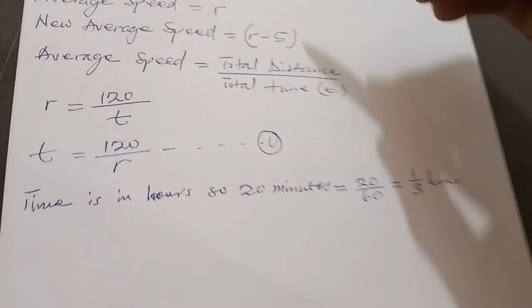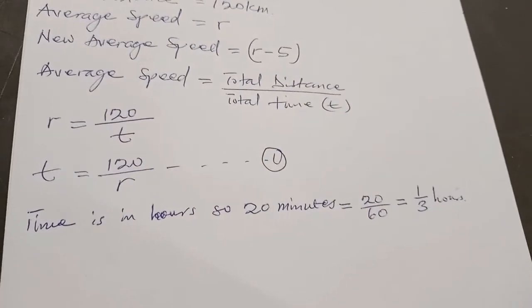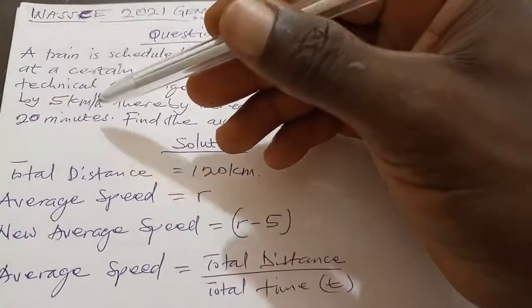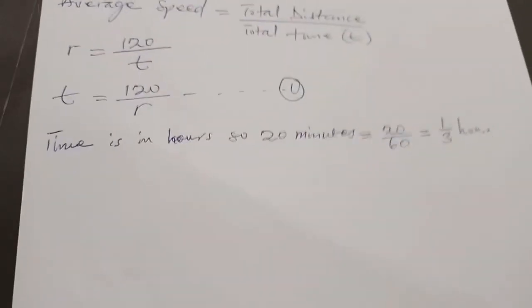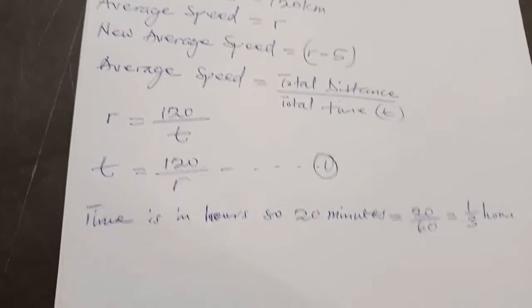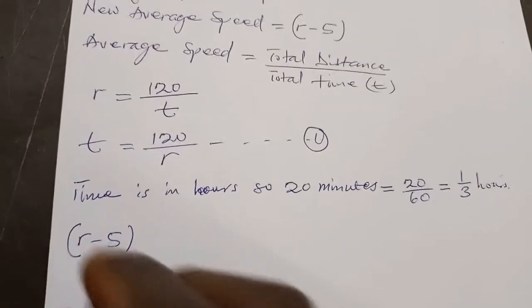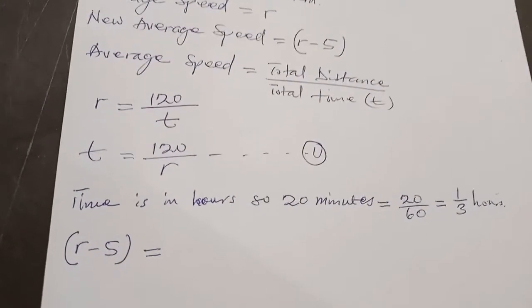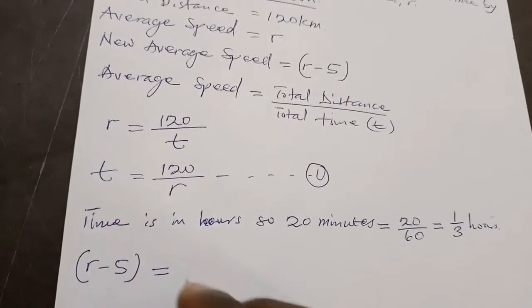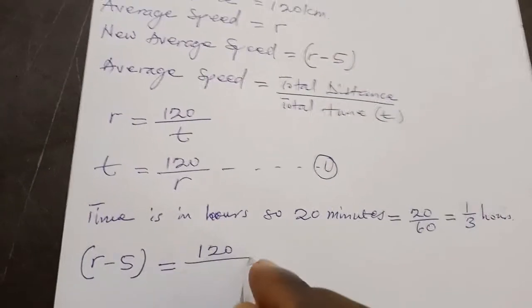We are still using this same formula. So the new average speed becomes the old average speed minus 5 kilometers per hour, because they said it has reduced by 5 kilometers per hour. So our new average speed becomes r minus 5, which is equal to, it's the same distance that they are covering. It's only the time and the speed that has changed. So the total distance is still going to be 120 over